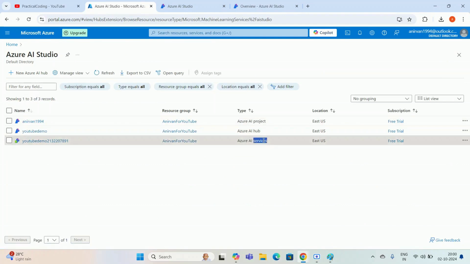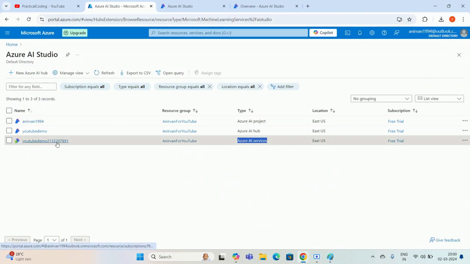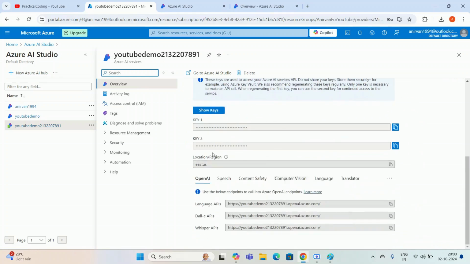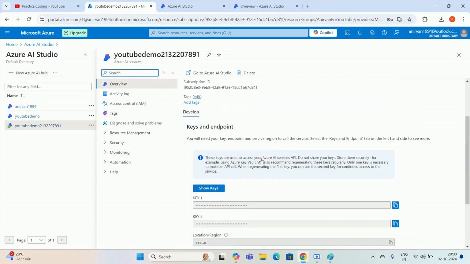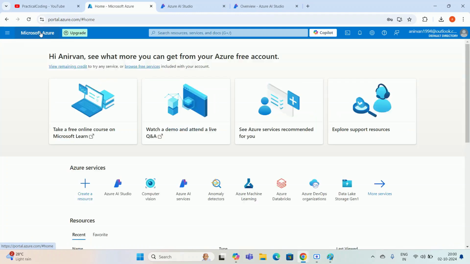Let me speak about Azure AI Services. If you open this, you will get a fully loaded page like this, where each and every service is written, so you'll get an idea. Let me open this and see what services are available. Here the API keys are available, and through this you can connect. Okay, let me go back to the home page or landing page, and let me go to Azure AI Services. So there are two things here.